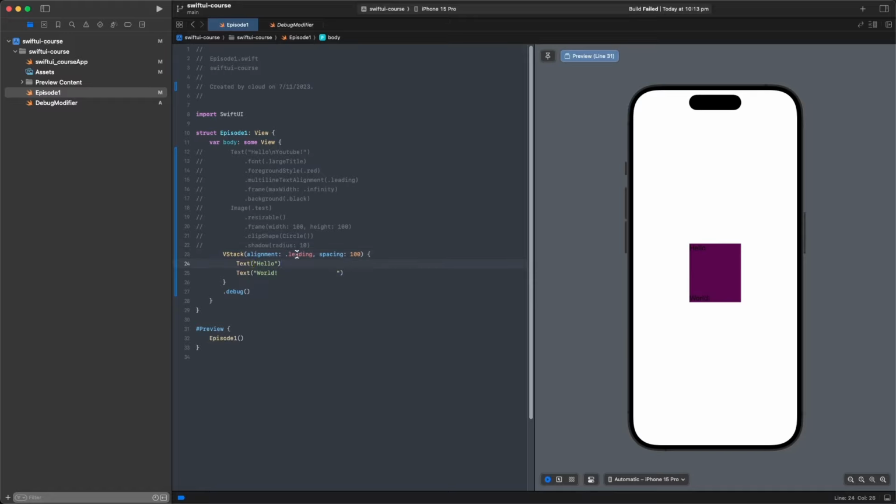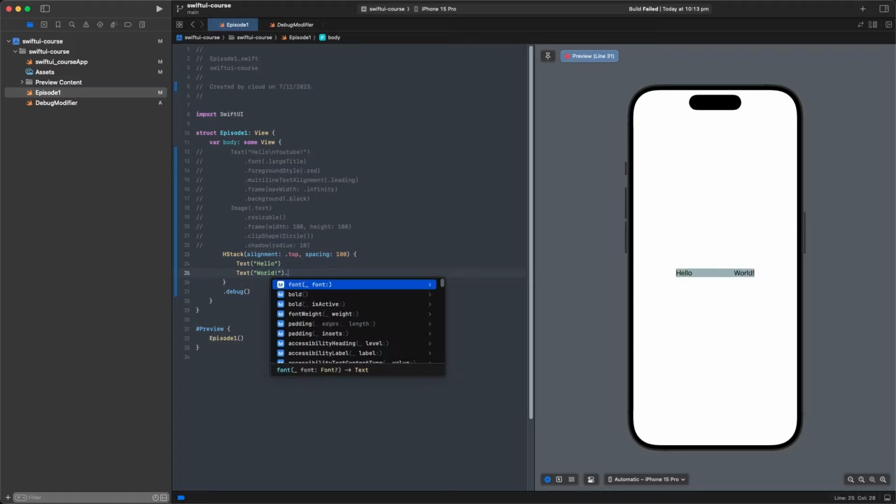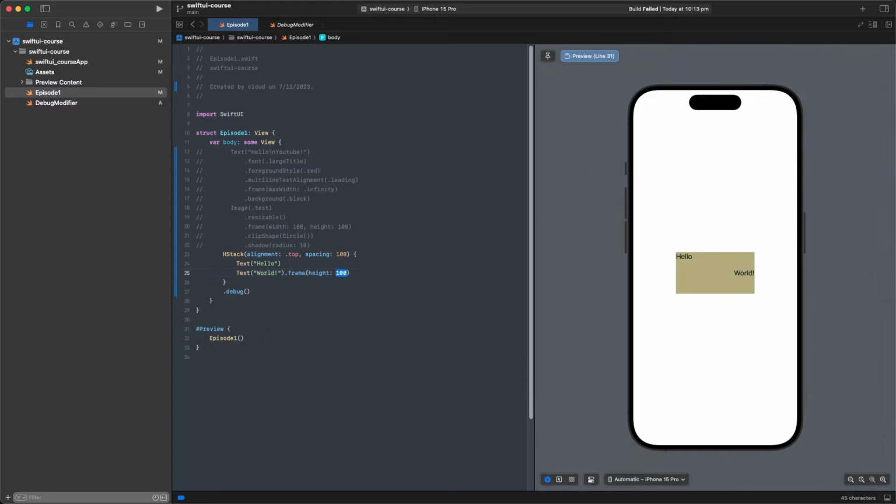And yeah, it's super handy, and we can go on and change this to a HStack, which will now make our alignment vertical alignment, which has no member leading, of course. What we'll do here is top, and now we need to increase our view's height so we can see what our alignment is doing. So you can see hello again is aligned to the top, whereas world is, because it's taking up so much space there,